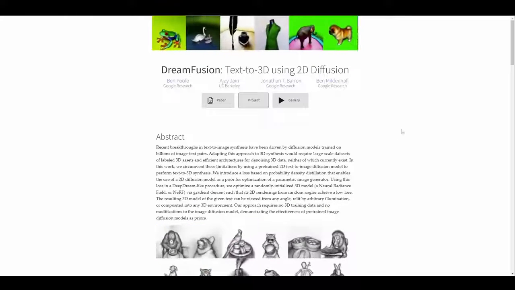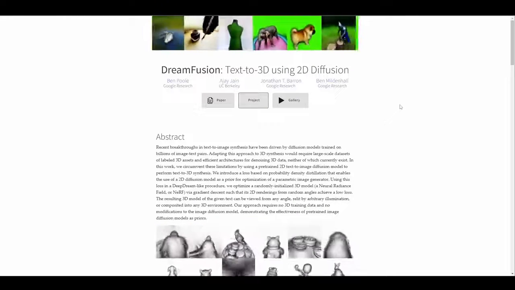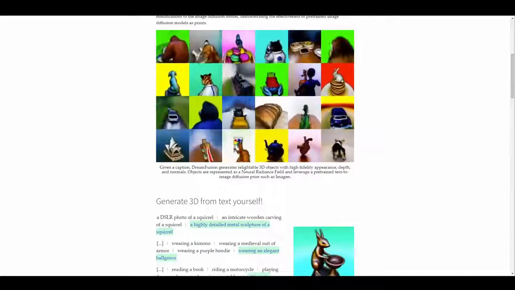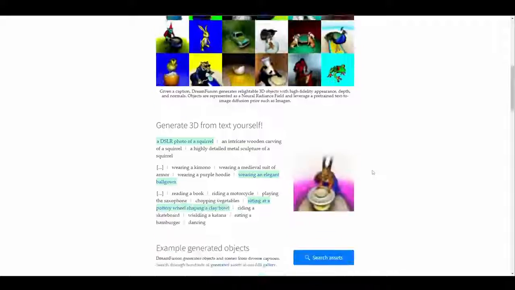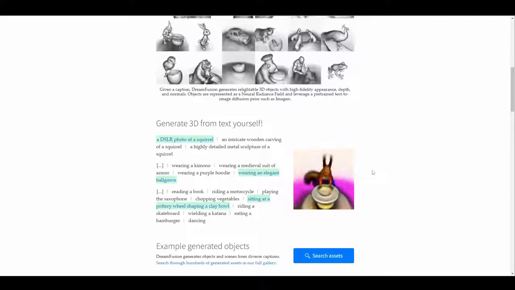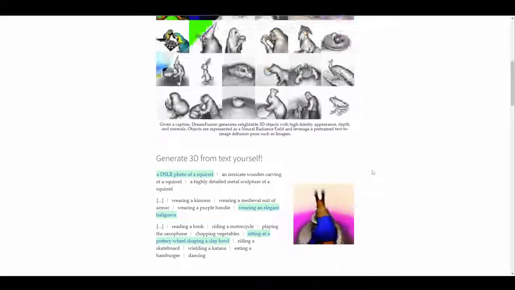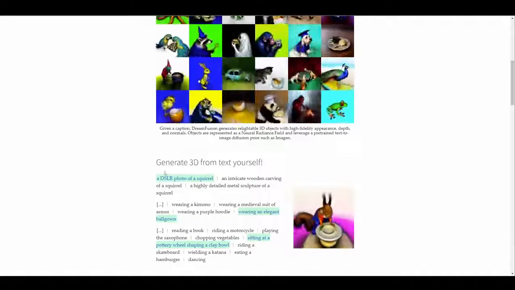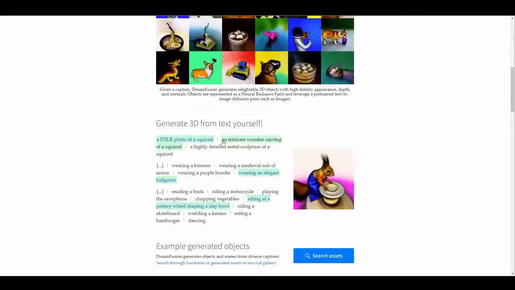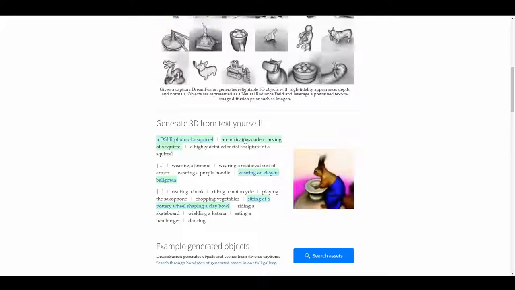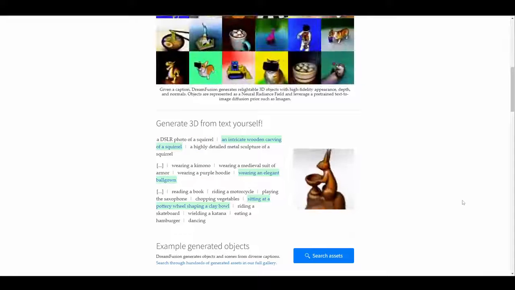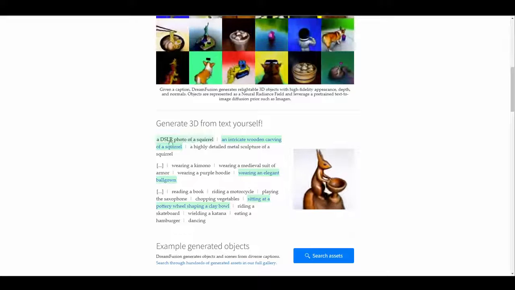So if we take a look at the website, you would notice that we have some very interesting things going on. By default, you can see how the text generation looks. It's quite interesting to see that directly on the website, you can do some very amazing things. If we choose to play with some of the samples that they've given up here, you will be able to see that you can just simply click on the text and automatically, somehow, this generates the 3D image. So all of this that you're seeing are text prompts that have already been converted to 3D images, which is